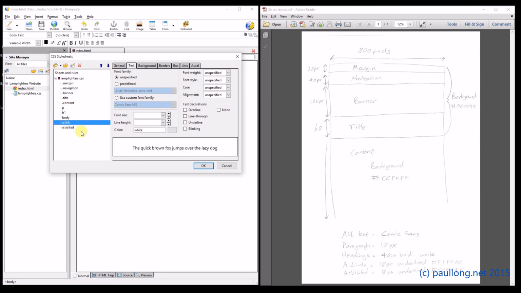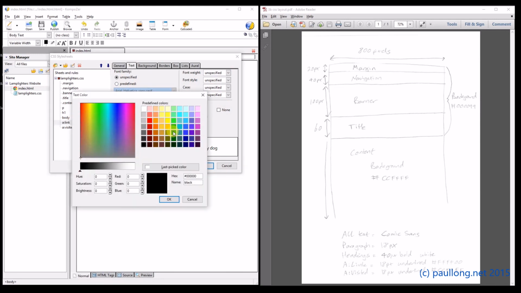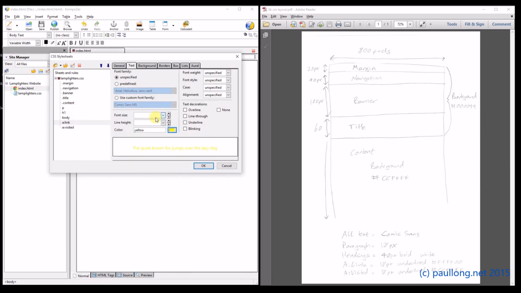We'll have a look at a:link, and you can do a:visited on your own. So a:link, our color is going to be this hash FFFF00, so I'm just following exactly what it says here. It's still going to be Comic Sans because they're all Comic Sans. The pixels will be 18 px. Don't forget the px because otherwise it won't work. We set our color and we need to set it to be underlined as well. So we do underline, and then you'll do a:visited, and that will have set up all of your styles,